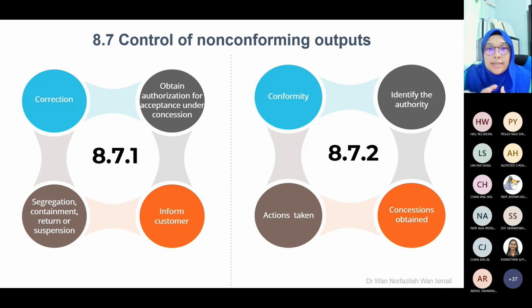If let's say your customer didn't realize the non-conforming outputs, and you are the one who realizes, you need to inform your customer and the process will be the same. Okay, segregation, containment, return or suspension, this one I have also covered. Okay, and 8.7.2,